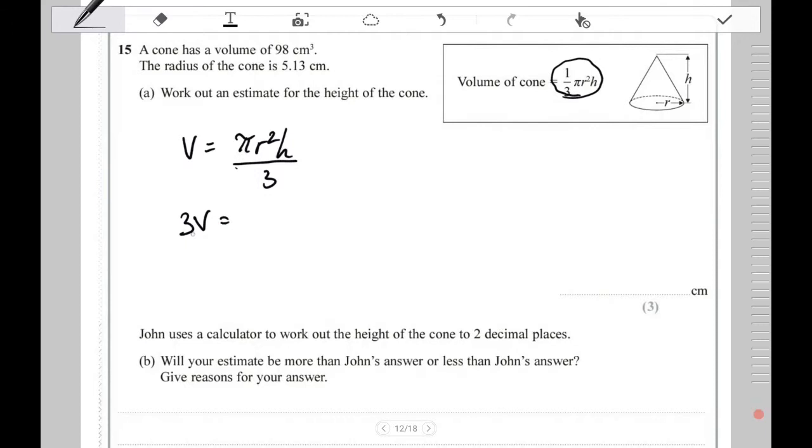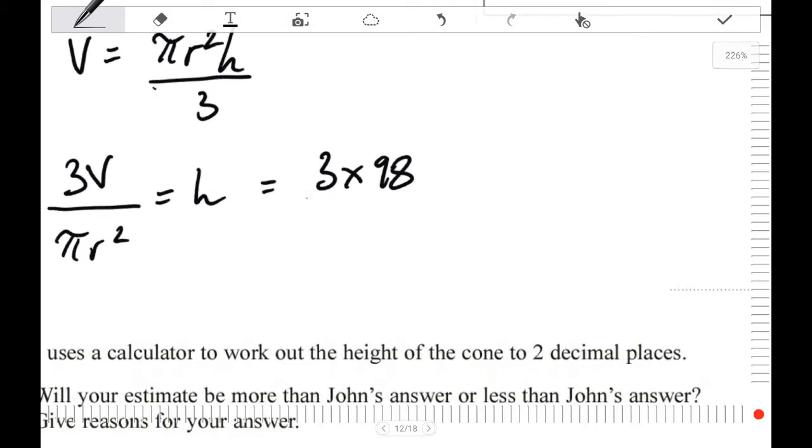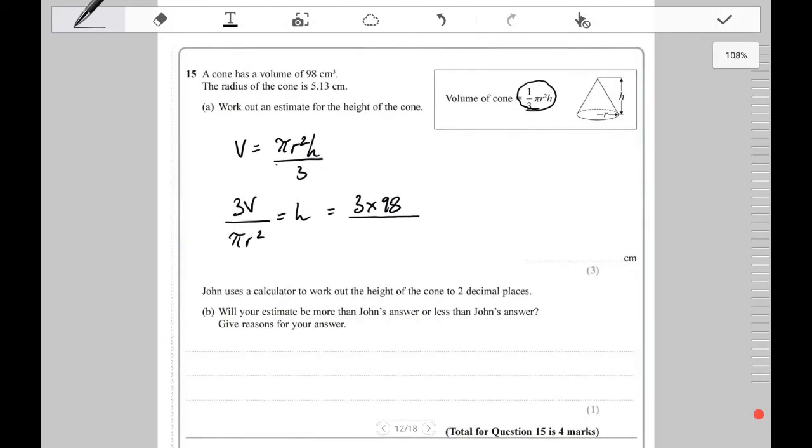I'm going to divide both sides by pi r squared, and h equals 3 multiplied by 98 over pi, which if they haven't given us,